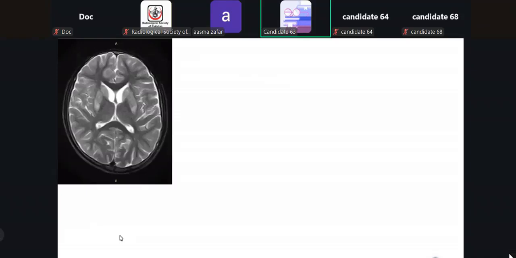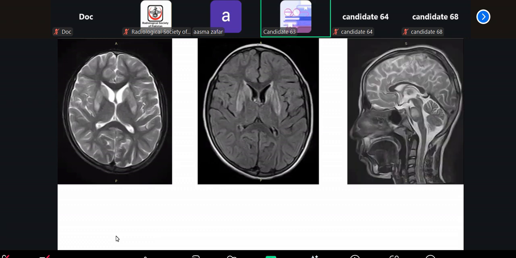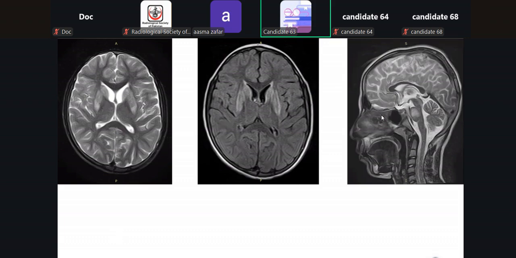This is MRI T2 weighted image. I can see hyperdense areas of the brain. In axial sections, I can appreciate there are hyperdense head of the caudate nuclei and putamen. Thalamus is normal on FLAIR sequences. These are hyperintense, showing hyperintense signals, and on sagittal